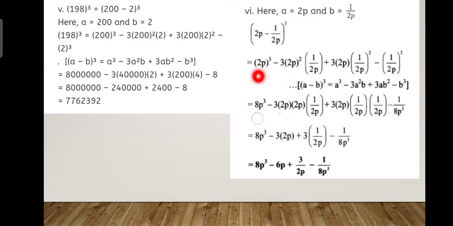So now we have 2 cube as 8p cube, minus 3 will remain as it is, 2p whole square, or we can write 2p twice, and 1 upon 2p, plus 3 into 2p, 1 upon 2p, 1 upon 2p we can write twice, minus 1 upon 8p cube, because 2 cube is 8 and p cube is p cube and 1 cube is 1. So now this 2p and this 2p are going to get cancelled, so we have 8p cube minus 3 into 2p,